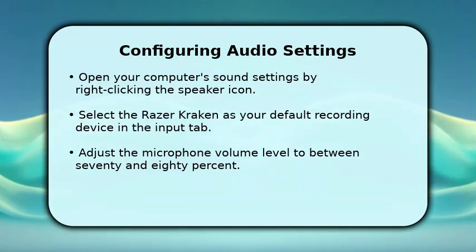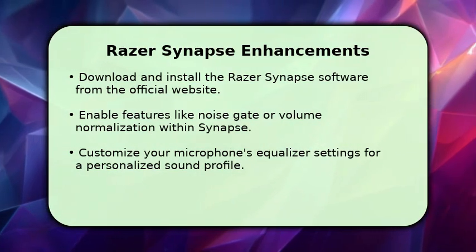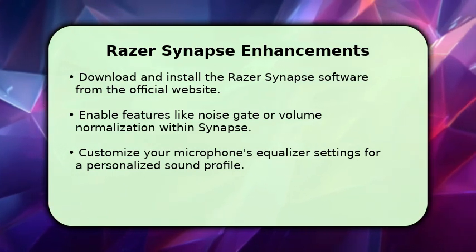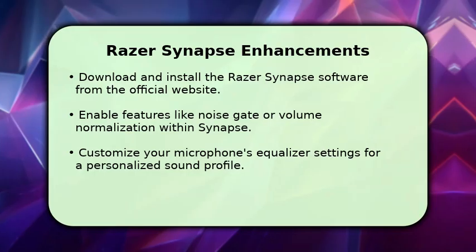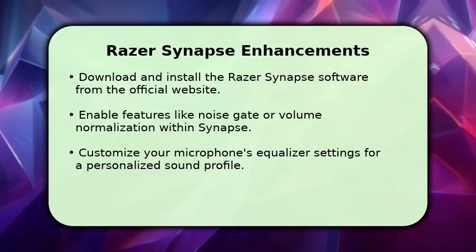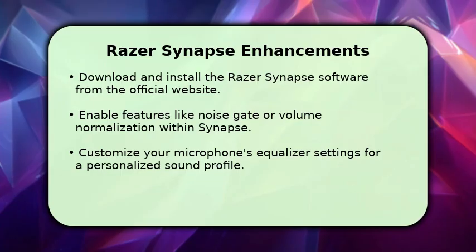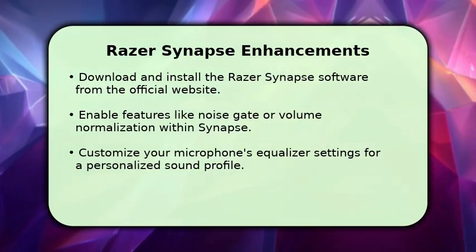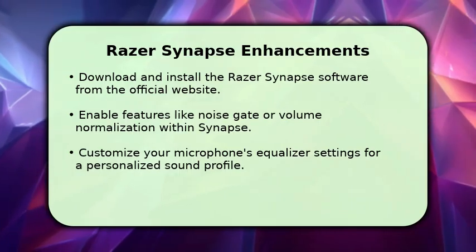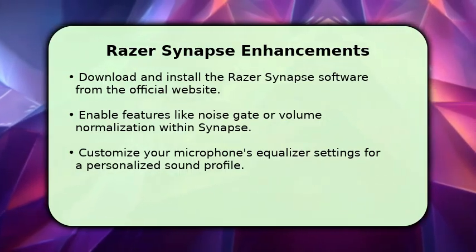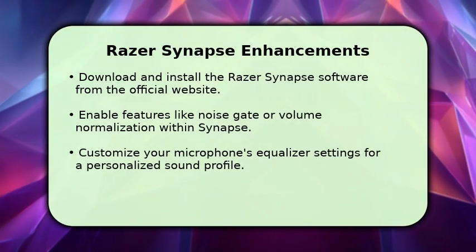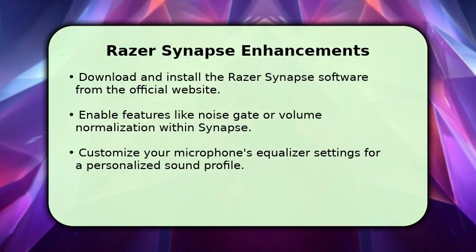too quiet. For advanced control and optimization, download and install Razer Synapse software. This application allows you to fine-tune your microphone's performance. Within Synapse, you can enable features such as noise gate to reduce background sounds or volume normalization for consistent audio levels. Experiment with the equalizer settings to customize your mic sound profile, enhancing clarity for your voice during calls or